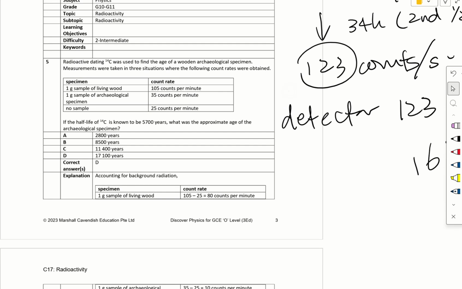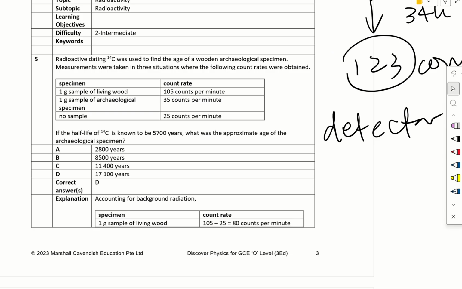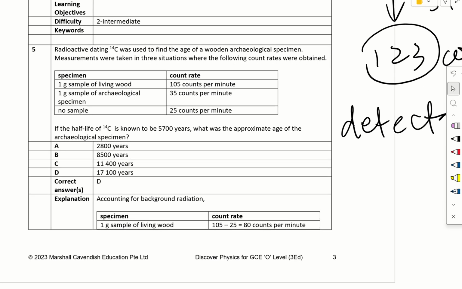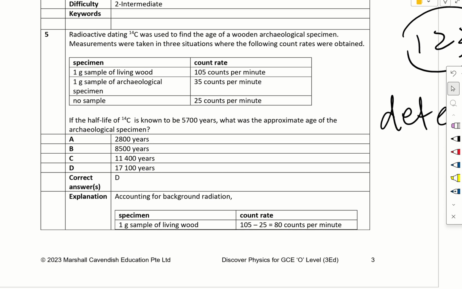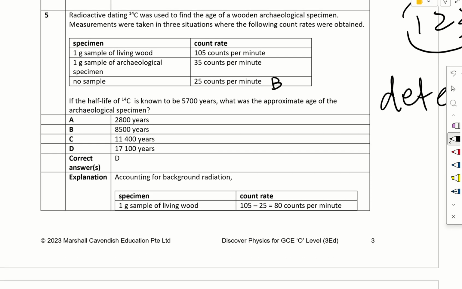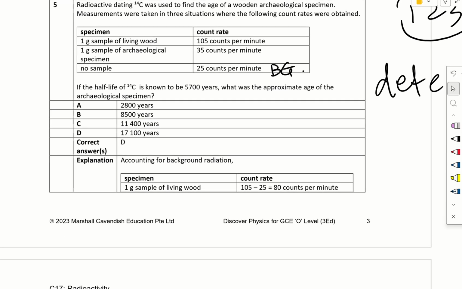Okay, question 5. Radioactive carbon-14 was used to find the age of a wooden archaeological specimen. Measurements were taken in different situations where the following count rates were obtained. So 1 gram sample of living wood is 105 counts per minute. 1 gram sample of archaeological specimen is 35 counts per minute. And with no sample is 25 counts per minute. That means this is the background count. So if the half-life of carbon-14 is known to be 5,700 years,